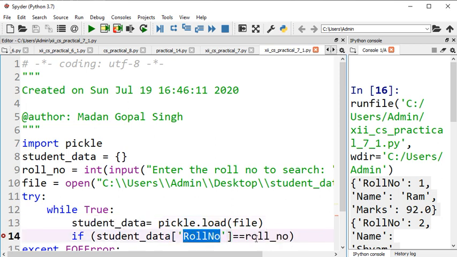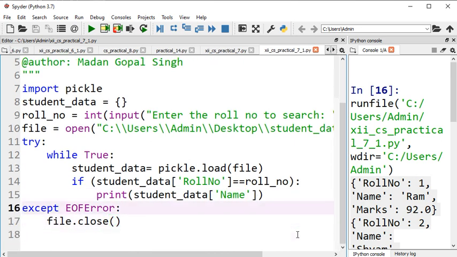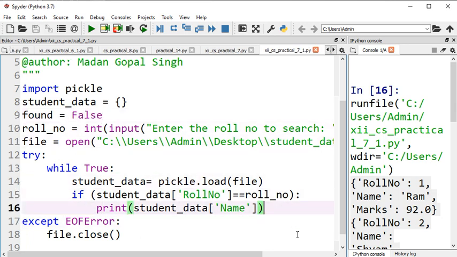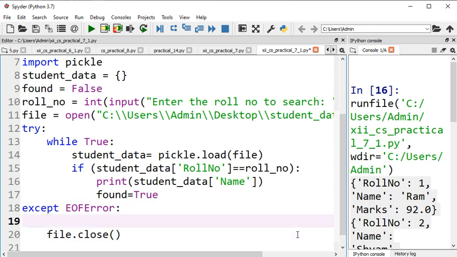If the student data's roll number is equal to that particular roll number, then we are going to print the roll number, the student name and marks. Let's suppose we print the student name using this key, student_name. We can create a variable found equal to False initially for tracking purposes, whether the student record is found or not. In case we have found the roll number, we update it with True, and if we get to the end of the file